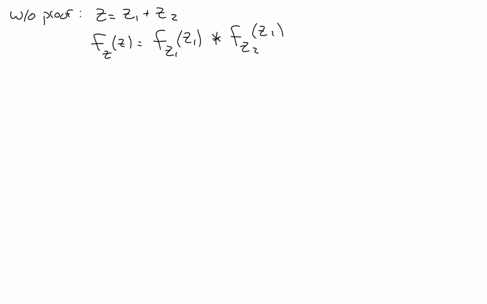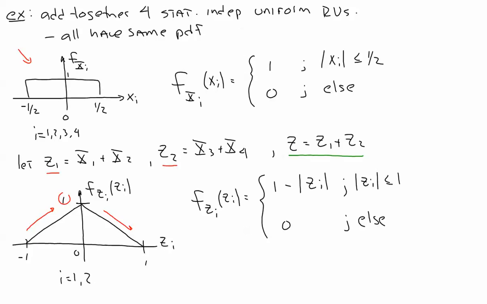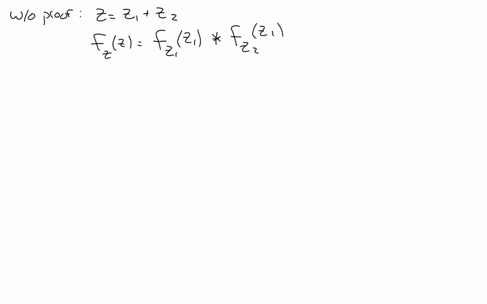What I'm doing here is convolving two triangle functions to get to the composite probability density function for Z. Since I'm adding Z1 and Z2, what I'm going to have is the convolution of two of these triangle functions. You can find this in textbooks. I'm just going to write the result down, and then I'm going to discuss the results and tell you how you might do it a little bit simpler. So it turns out, without proof,